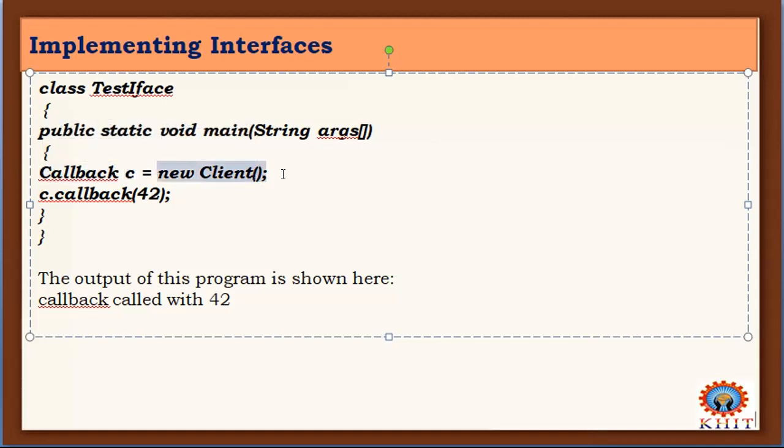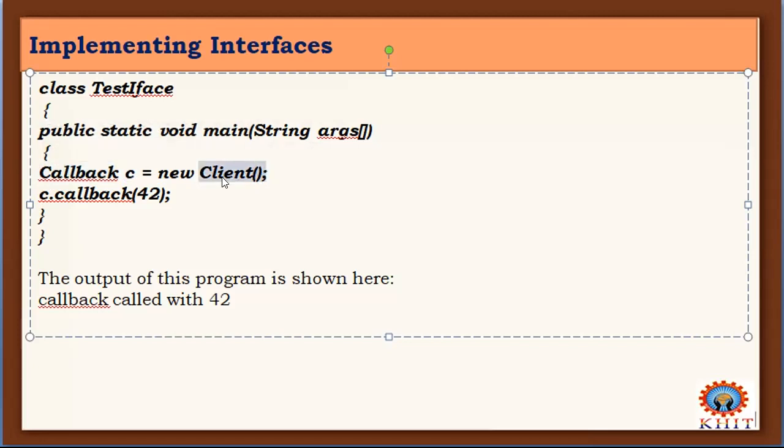Here this c is called a reference. It is not an object. We cannot create an object for an interface; it is called a reference. So Callback c, the c is nothing but a reference for the interface Callback.